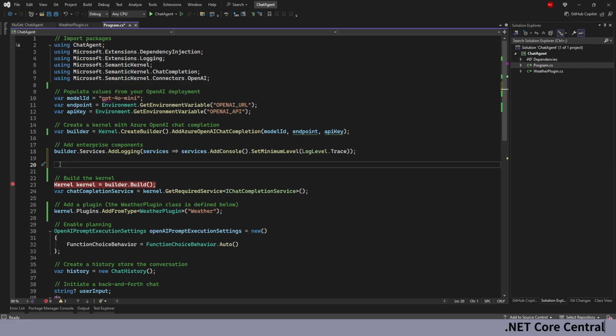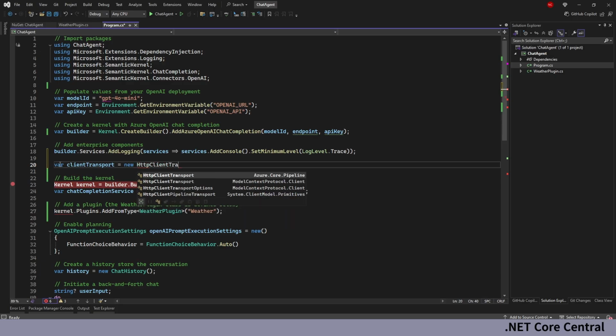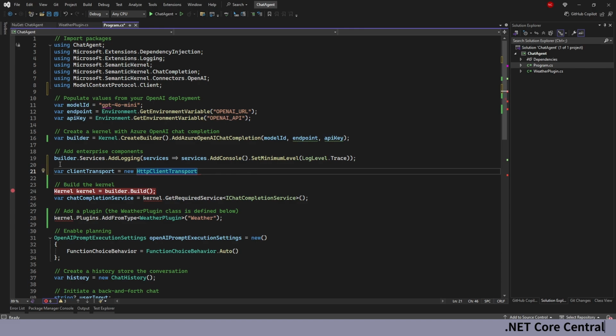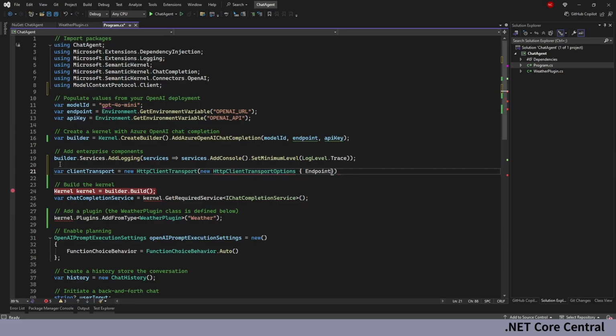So here I'm going to use var client transport is equal to new HTTP client transport. That's the one I'm going to use. And here I'm going to use the HTTP client transport options. For the options, the only thing we have to pass is the URL of the